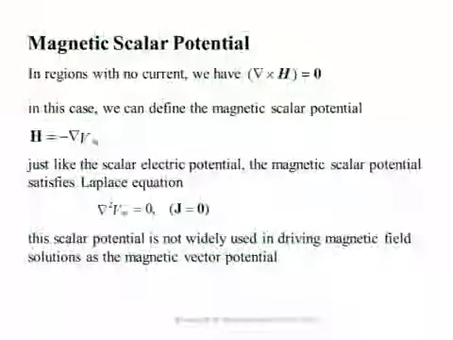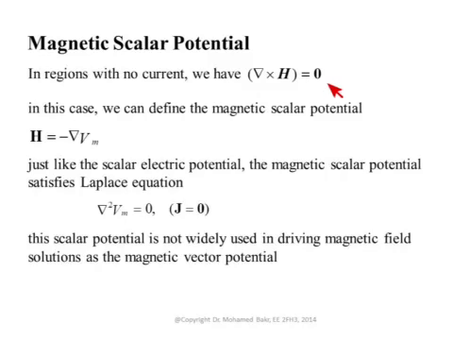In this second part, we'll continue our discussion of magnetic fields. We have seen in previous slides from Ampere's law that the curl of H is equal to J, but when there is no current in certain regions of space, the current is somewhere else, then curl H is equal to 0 because there is no current at this specific